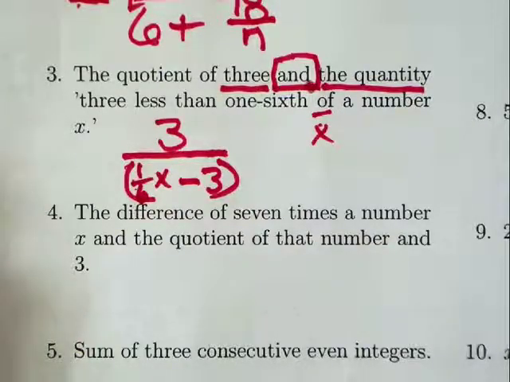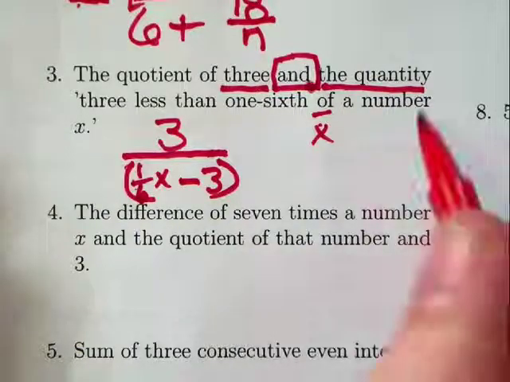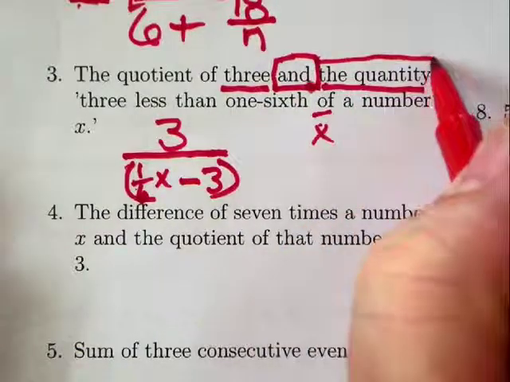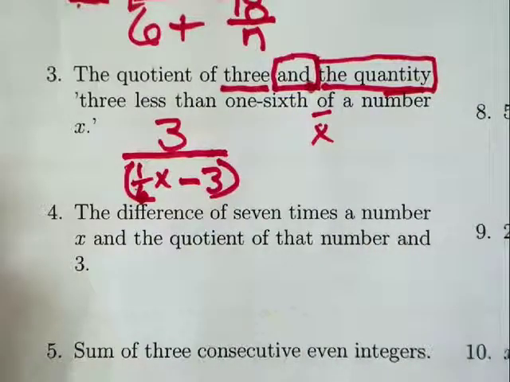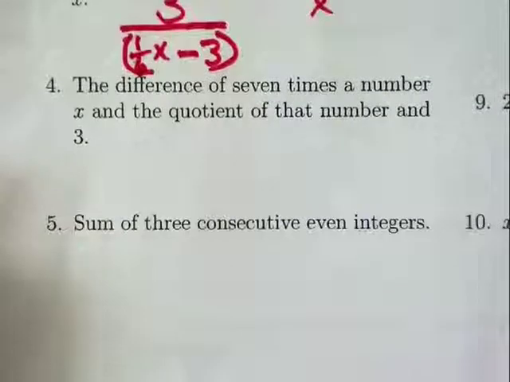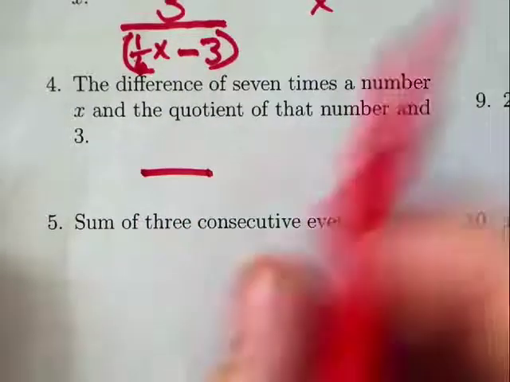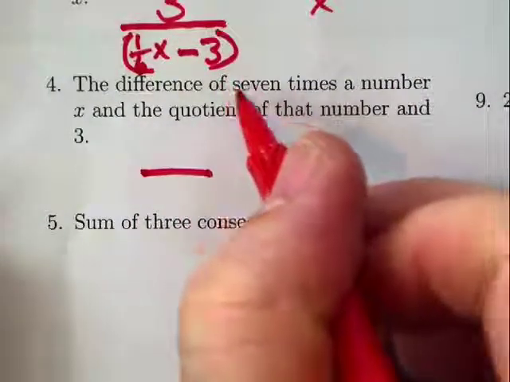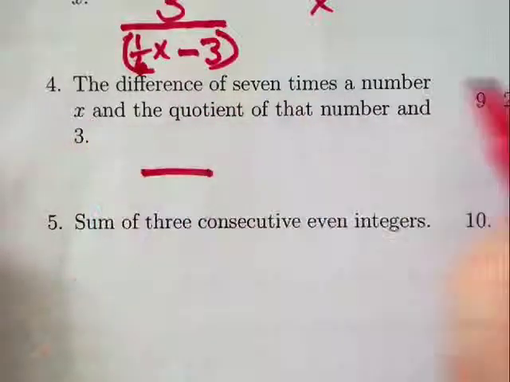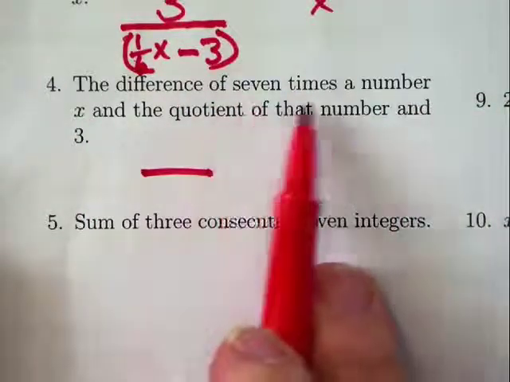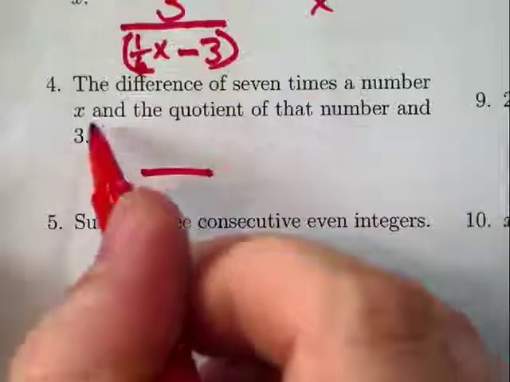Now this problem you can do without the parentheses. It's not a problem. But I just like to always use parentheses when it says the quantity, just to give us an idea. Number 4. The difference of 7 times a number x. The difference of, okay, so we're going to the very first part. We read until we get to the word "and." 7 times the number x and,